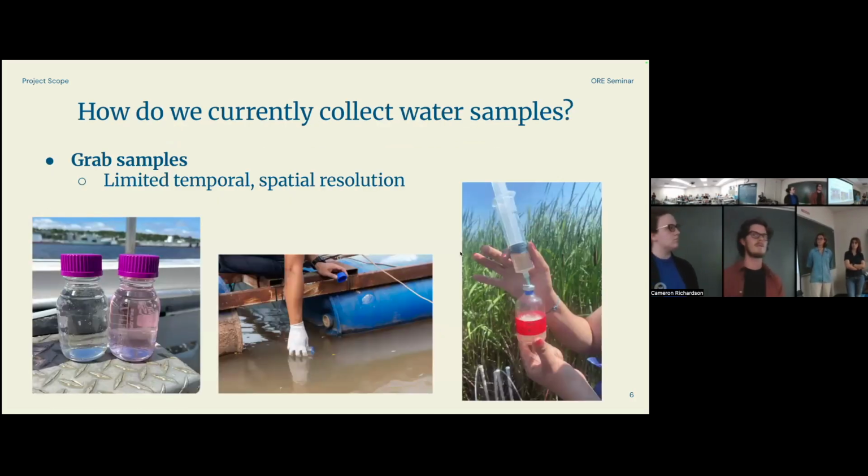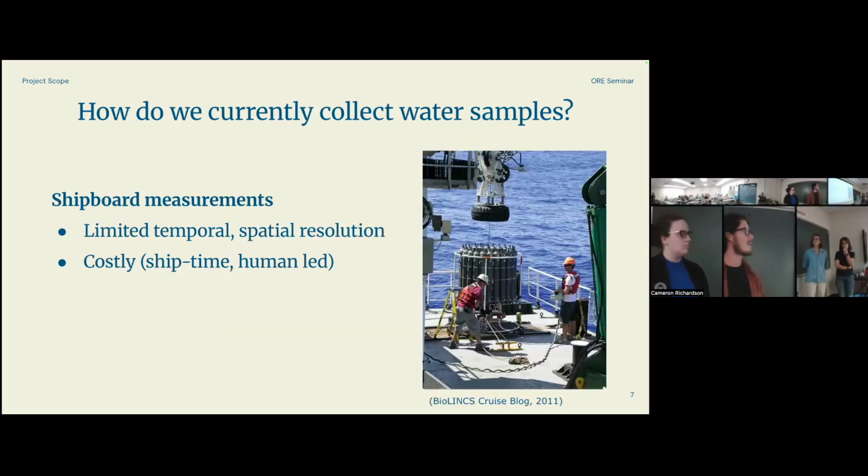Currently, we're collecting water samples. These are human-powered efforts. They're grab samples, and they're limited in their temporal and spatial resolution. So we have a couple of examples here, and the sampling capability is really just limited to going out and collecting the sample yourself. A more expensive alternative for oceanographers and ocean engineers is to go on a ship and